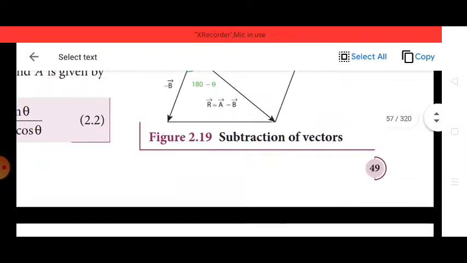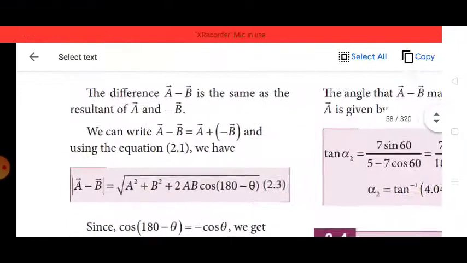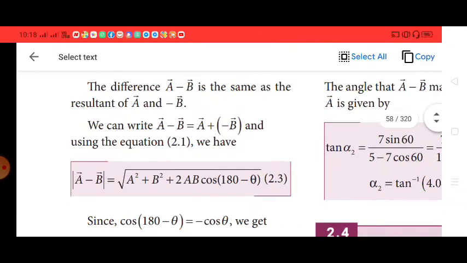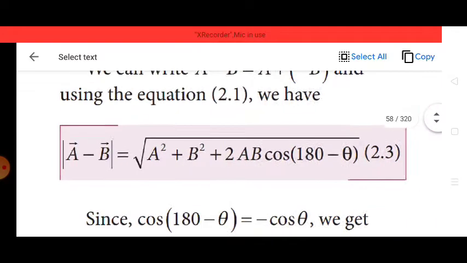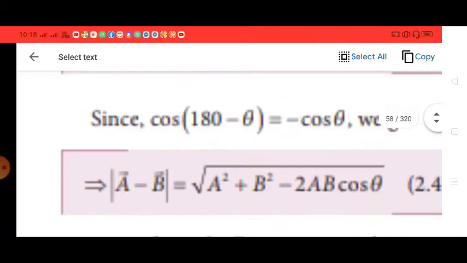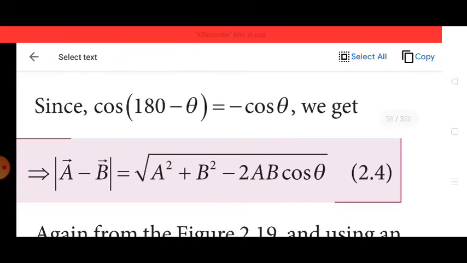Now next, the difference of two vectors can easily be found. A vector minus B vector is the same as the result of A vector and minus B vector. We can write A minus B equals A plus (minus B), and using equation 2.1 we have modulus of A minus B equals root of A square plus B square plus 2AB cos (180 minus theta). Cos (180 minus theta) is minus cos theta. Therefore modulus of A minus B equals root of A square plus B square minus